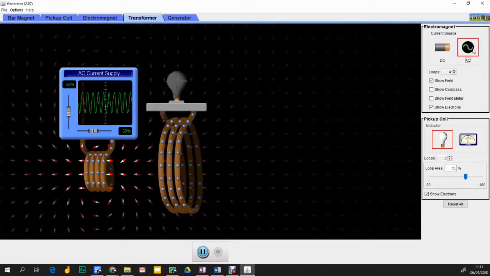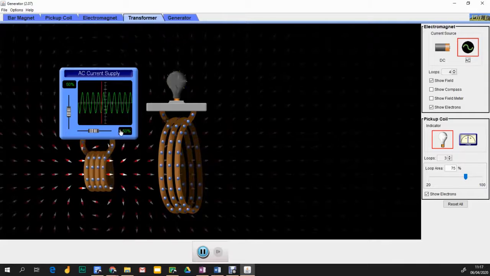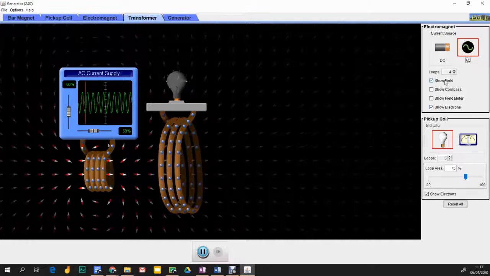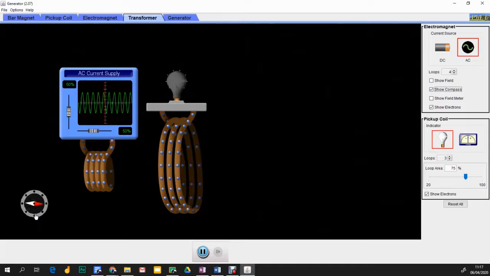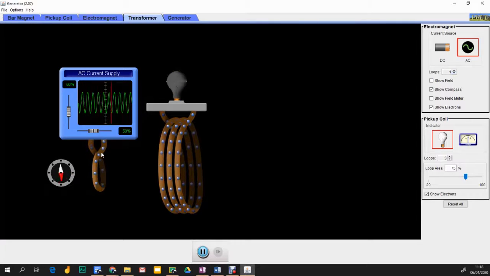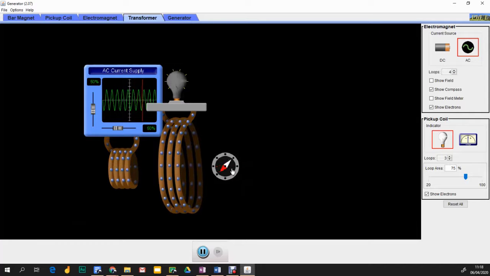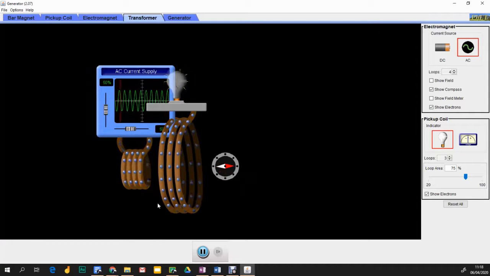So let's switch to alternating current. Here in my power station, in my generator, I'm producing alternating current. So the magnetic field is moving backwards and forwards. Let's get rid of the field and pop a compass, because you can see it a bit better. We've known from before that if I have fewer loops here, my magnetic field is not as strong, so I get less of a magnetic field in this loop. If I make more loops, then I get a stronger magnetic field. Now, because the magnetic field is moving backwards and forwards, when I bring these two loops close together,